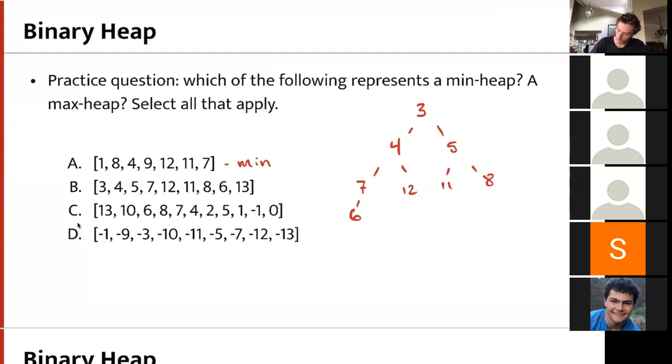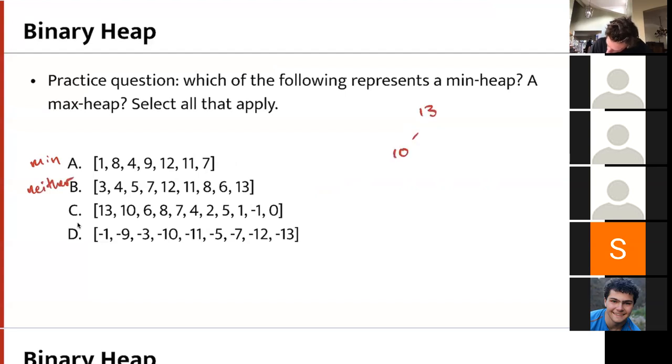Okay, so I'm seeing right here that my constraint is being broken because of this relationship. So I can just be done with this one. I know that this is not a valid heap. Easy. Sort of screwing myself with space here. Neither. Okay. 13, 10, 6, 8,